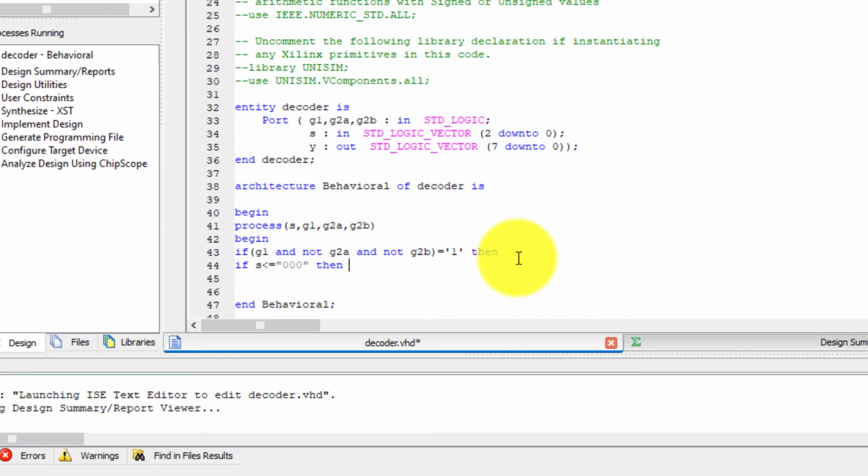Output, that is Y, is all ones except the 0th place.